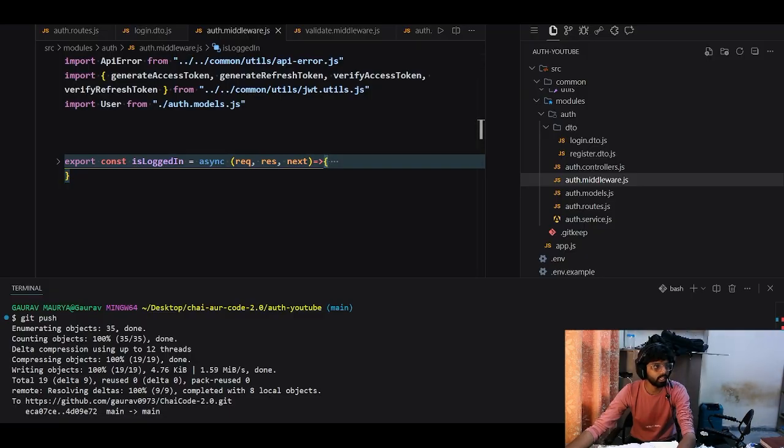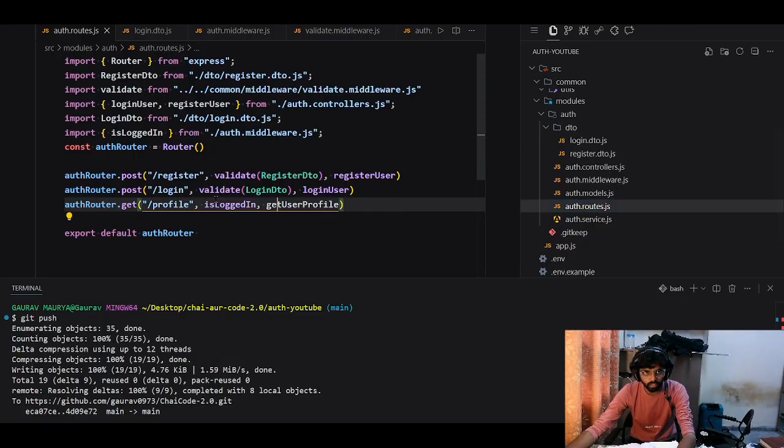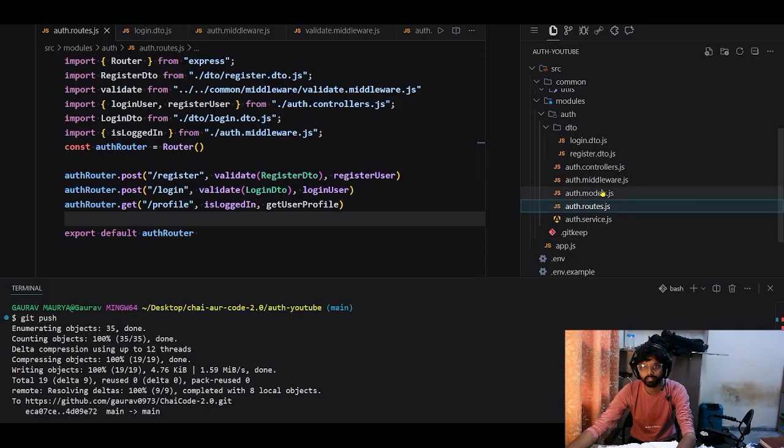Now we have created our is logged in middleware. Now in the routes is logged in complete. Let's create this user profile route. So user profile, get user profile. So in the get user profile, what we will be doing is in the controller